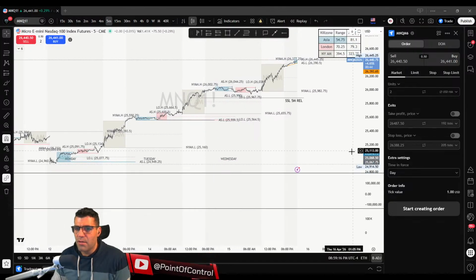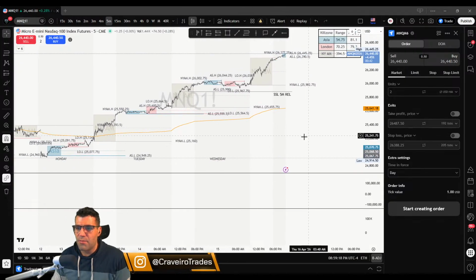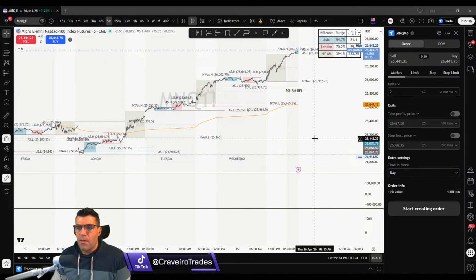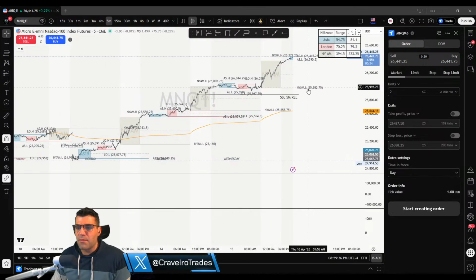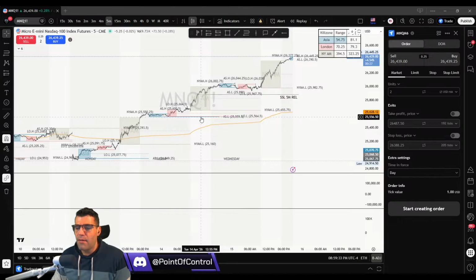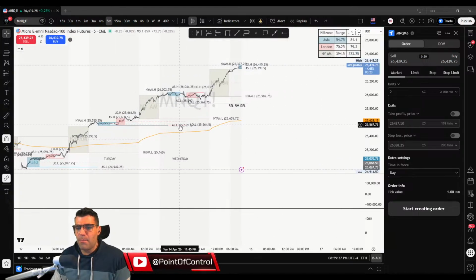So let's show this range that we just had. I am expecting we're going to balance this range at some point, okay? We have a lot of liquidity resting throughout these areas, and my guess is we're going to wick and sweep these areas. I don't know when, but in due time, soon, probably next week, or maybe by the end of